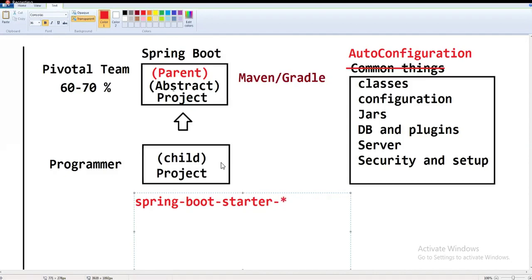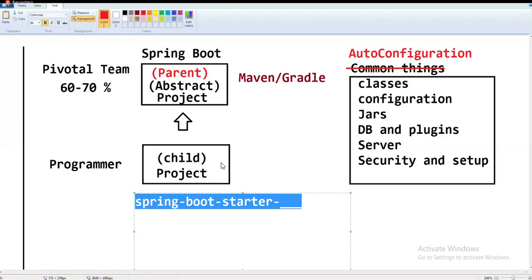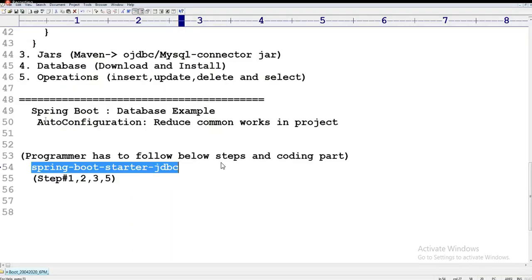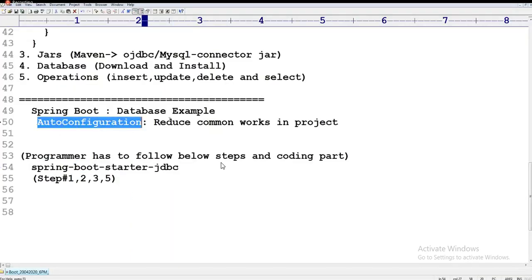In simple terms, they have provided all the ready-made code. Which category of ready-made code you want, that category you need to mention. Star has no meaning, it is just a dash. We can't write a star, we have to write the particular type here. Observe carefully. Auto configuration is a concept that reduces common work done in the project by providing a starter.